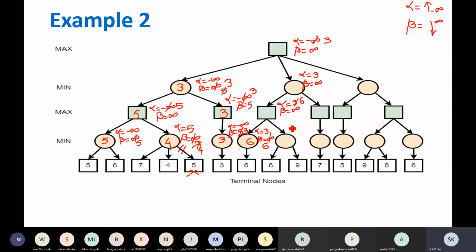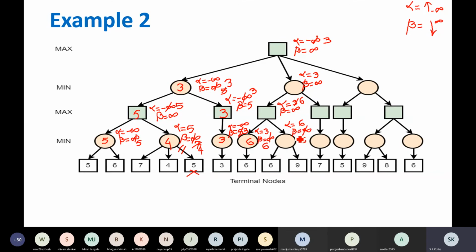Go down. We'll write the value of alpha. Alpha is 6. Beta is infinity. It's a minimizer node. Come down. Evaluate this. That value is 6. It will update the value of beta. So what will be the value of beta? 6, correct, because beta always decreases. 6 is better than infinity.